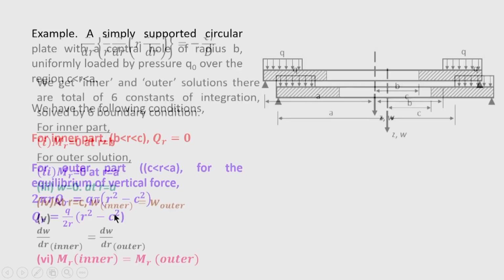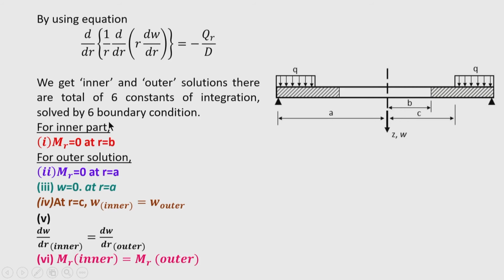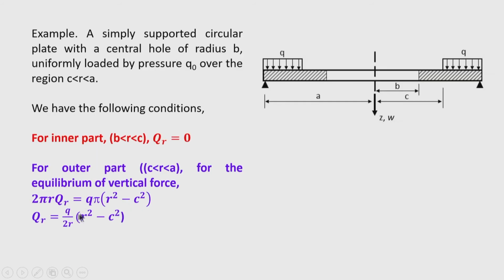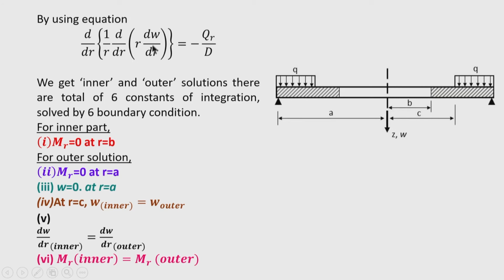Okay. Then we should find the deflected surface by an integration procedure, and we adopt the third order equation, where the shear force is related to the third derivative of the deflection. Now, if you solve this by substituting the q_r that we have obtained, we can get a solution W. This solution contains 3 constants for the outer region. Then the inner region also will get a solution.